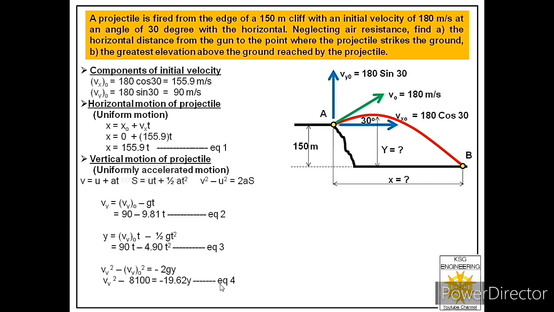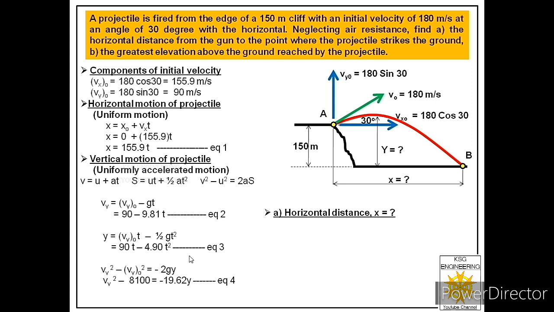Now let us see what we have to find in A part. We have to find x. So in order to find x, we need t first. So let us see which equation will help us to find the value of t. So we have to find in A part the horizontal distance, which is x. Let us see which equation will help us to find the value of t now. In this equation, we have final velocity of the projectile along y direction, which we don't know. Same value Vy is over here in fourth equation as well. It means we cannot use equation number 2 and equation number 4.